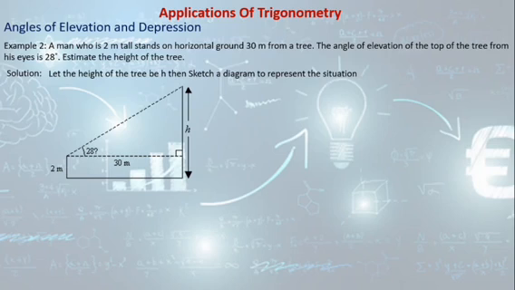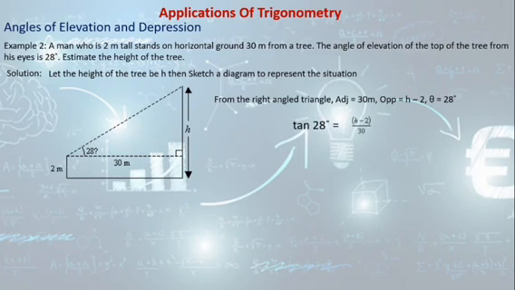28 degrees. So from the right angle triangle, adjacent is 30 meters, opposite is h minus 2, and of course the angle theta is 28 degrees. Which trigonometric ratio combines your opposite and your adjacent? Once again, your TOA. So you have tan of that angle is equal to opposite, which is h minus 2, divided by adjacent, which is 30. We cross multiply here, you have h minus 2 is equal to 30 times tan 28,